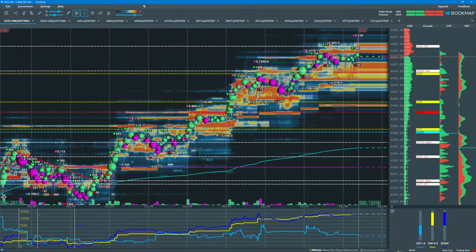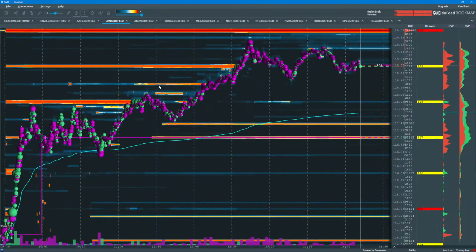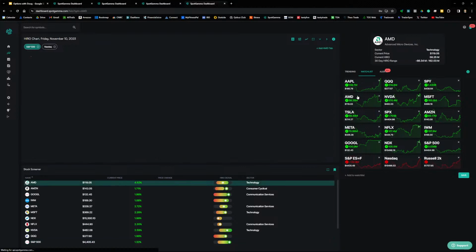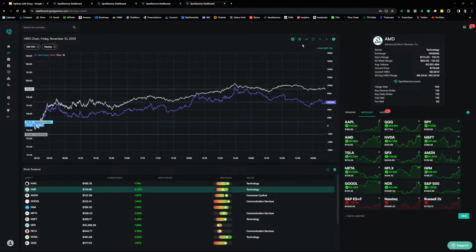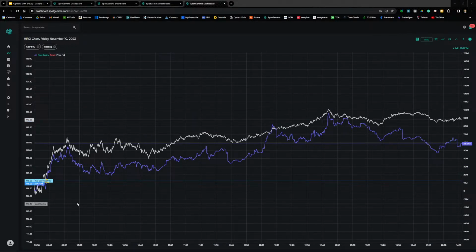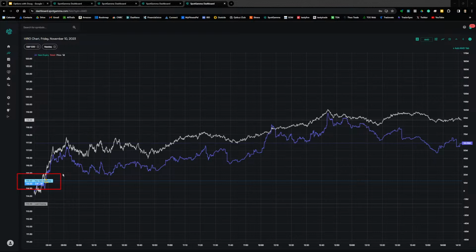All right, let's take a look at some stocks. I'm going to start with AMD. Let's go take a look at Hero. Note the call wall, key gamma strike down at 115. That was a call wall breach early in the morning. What happens if price moves above that call wall? All those calls at that level go deeper in the money.